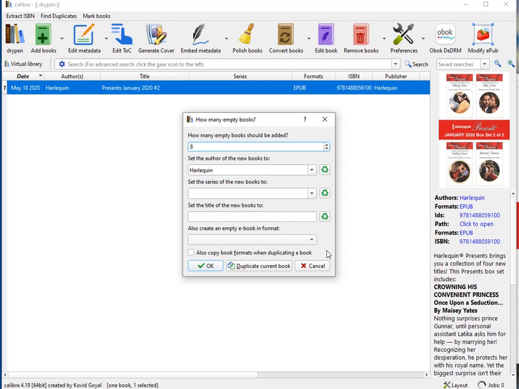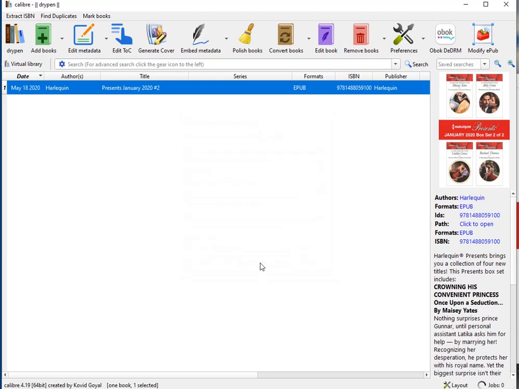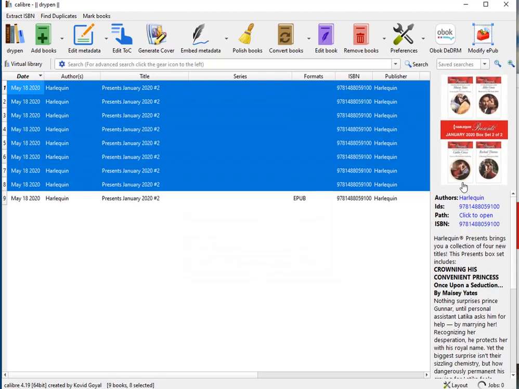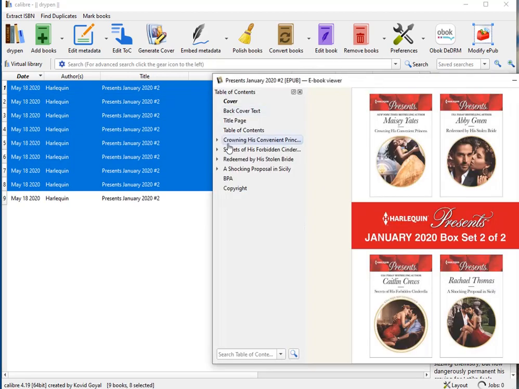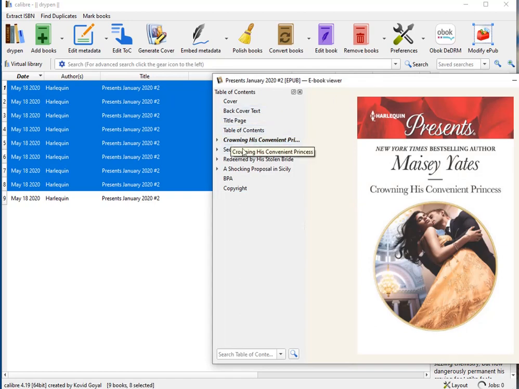So if you've already run your metadata, and you have everything in here right, you're going to want to keep it for each one. So duplicate current book, and it'll give us 8 of those. There we go. So then we go to the first one,